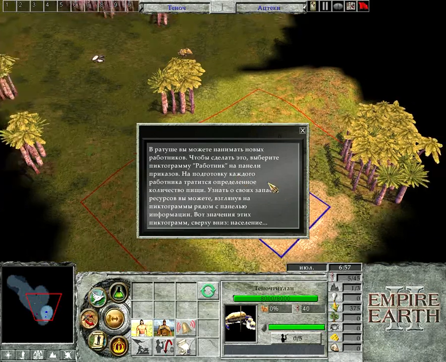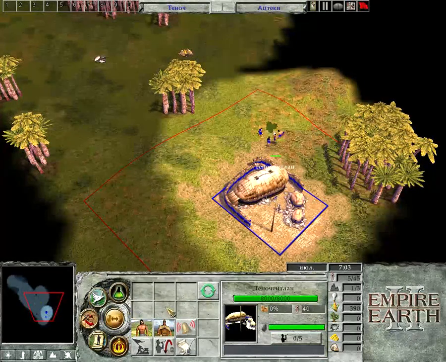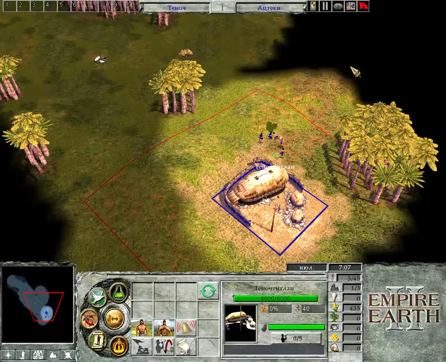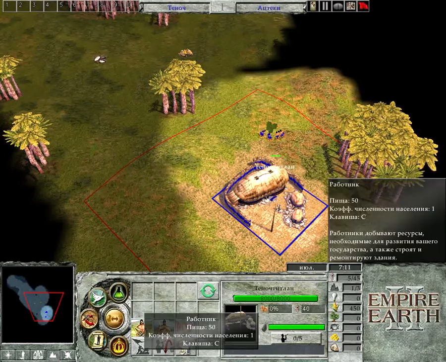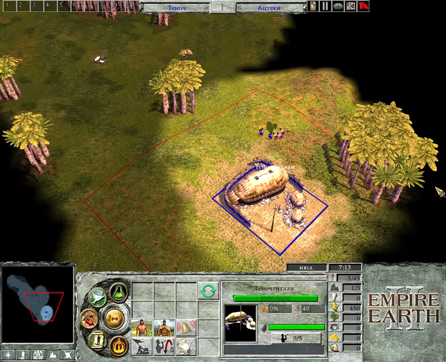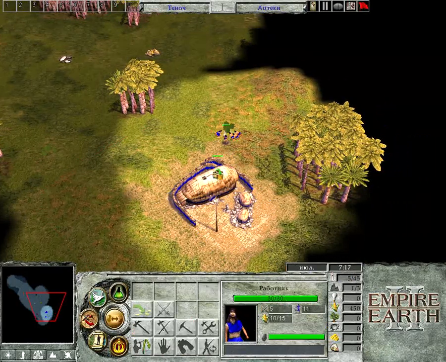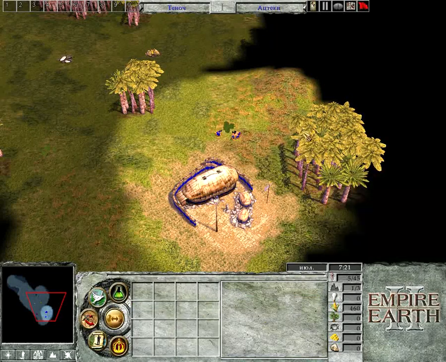You can produce new citizens from your city center by left-clicking the citizen button in the action panel. Each citizen costs a certain amount of food. You can quickly check on how much food you currently have, as well as your stockpile of other resources, by looking at the icons at the bottom of the screen near the Object Information panel. From top to bottom, they are population, territories, technology points,